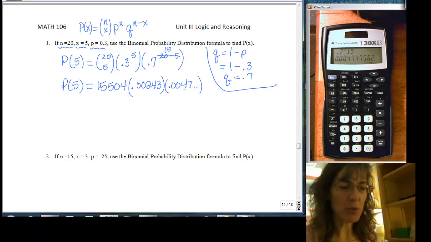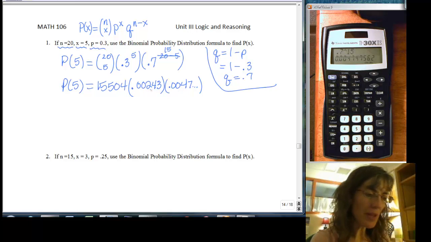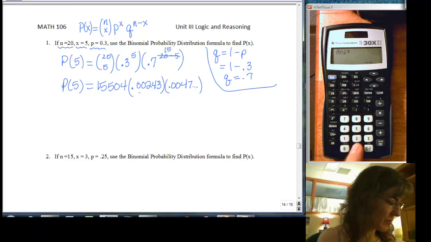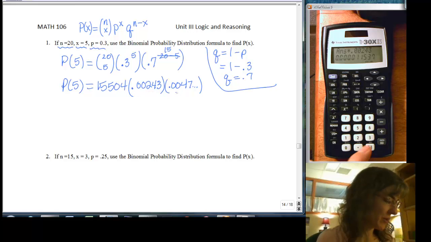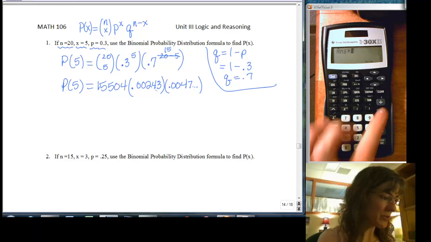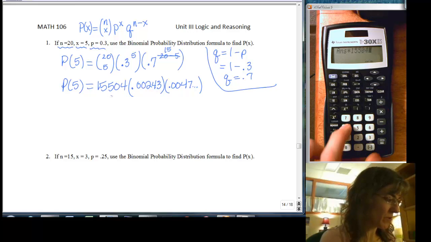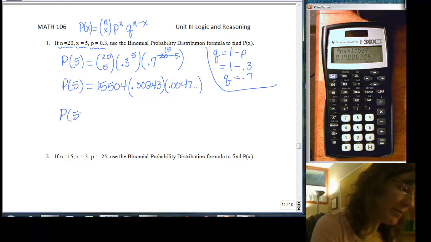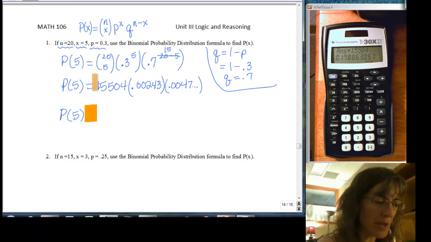Now I have this number sitting on my calculator, the 0.0047 on and on. I need to multiply by this number, so I'll say times, and then 0.00243, enter. That's the product of these two here, and then I need to do one more multiplication, so times again, and this last number, the 15,504, enter, and there's my result. So P of 5, remember that's just notation, I'm just going to record it all the way down to my answer,